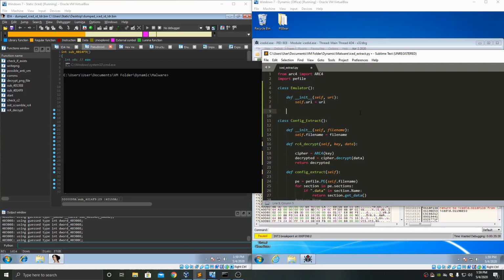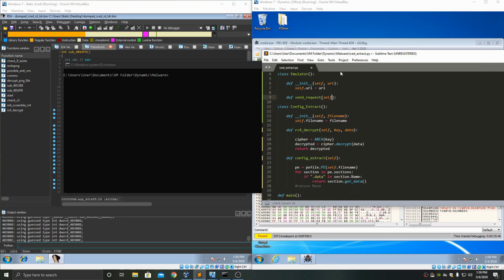So in that case, we can go ahead and create one function called send request, which will send the request to the command and control server, and then the response will be decrypted. Obviously, the command and control servers are down, but we do know that it is going to be in the format of a PNG file. In our full analysis of iced-id later on, we're going to look at how it parses those PNGs and decrypts it. So for this, we're just going to look at how to send the request